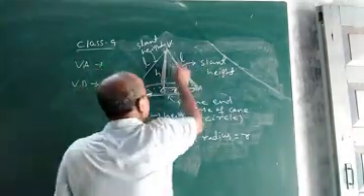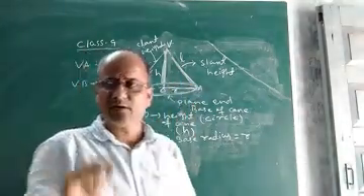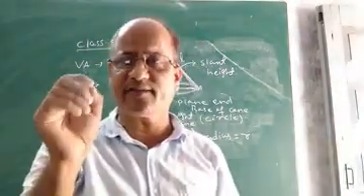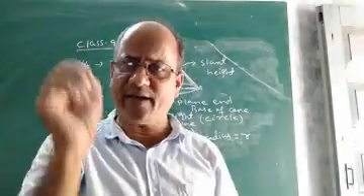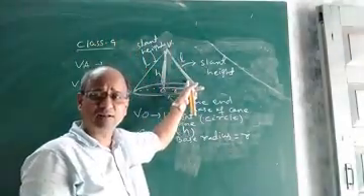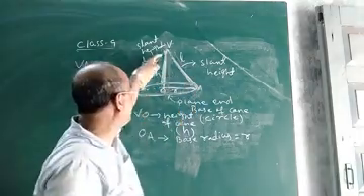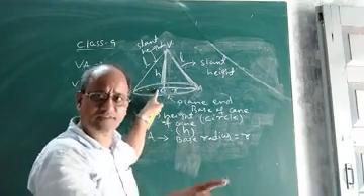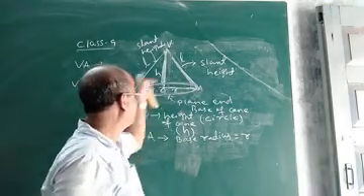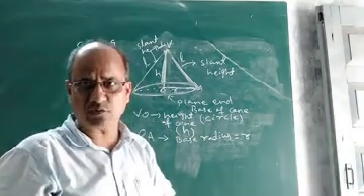So these are some terms: one is slant height, another is height, and this is the radius of the base. And I told you what a cone is. Once again, children, a cone is a solid which is generated when we revolve one of the sides of a right triangle about another line, keeping one line fixed. Suppose you keep VO fixed and you revolve this line VA. Then you will get a solid like this, and this solid generated is known as a cone.